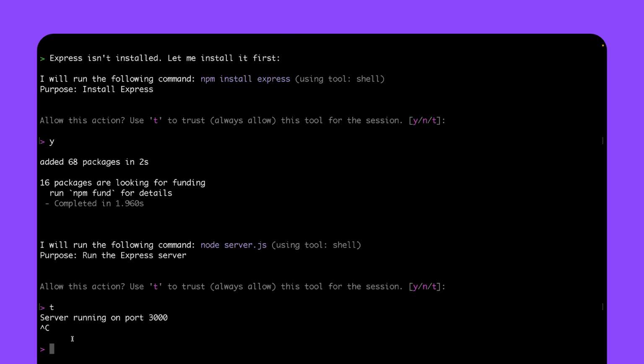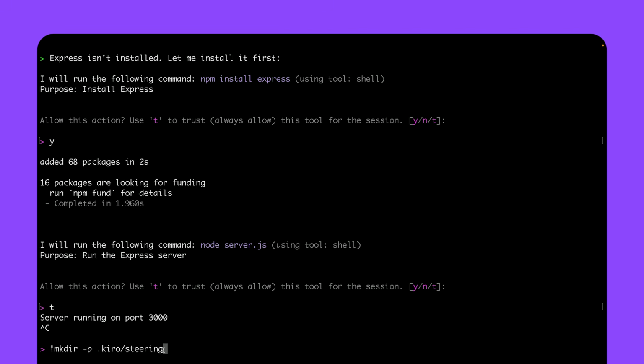And the server is now stopped, and I can tell it to actually run a shell command using this bang operator and then just give it a typical shell command. The benefit of using this is instead of a natural prompt where it would use up credits, this will just run as a shell command that will not consume any credits. It's actually just going to run it directly just as a shell command without having to use AI. And this will save some credits, especially when I'm creating files or folders that I know I want to exist